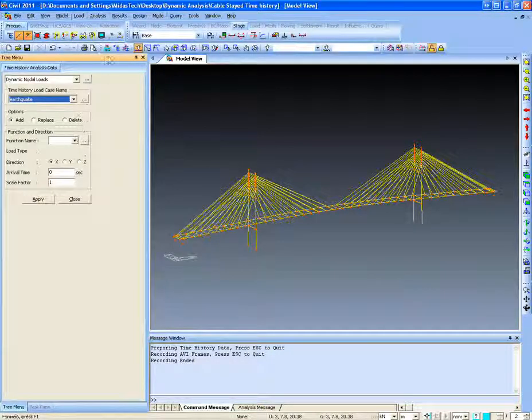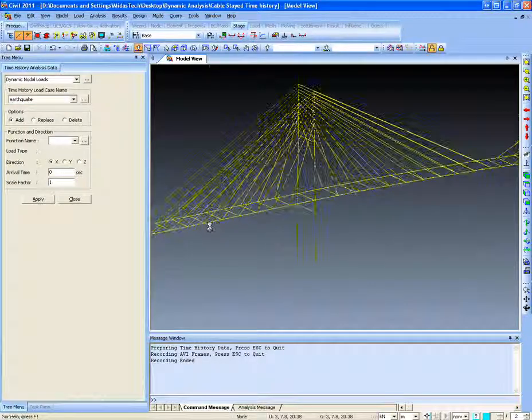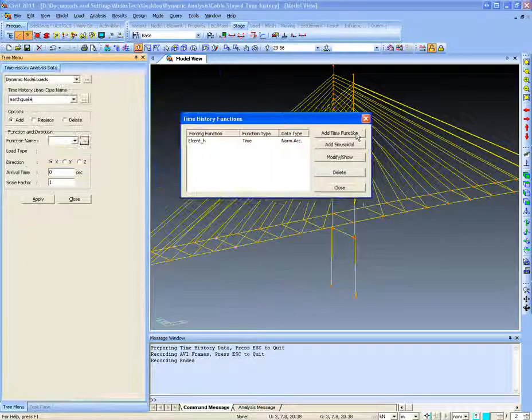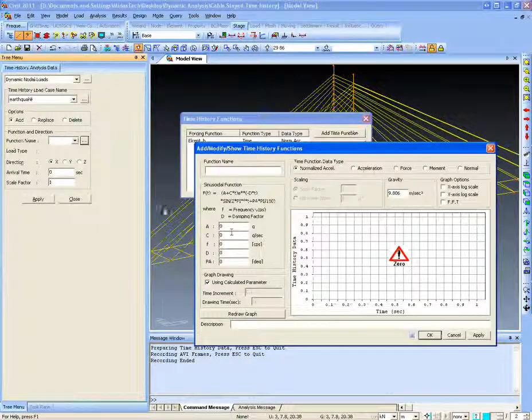So the dynamic nodal load, let's say I want to simulate the moving load analysis for time history analysis, then I can specify the vehicle load at the specific points, and I can add either a sinusoidal function where I can specify the values as how the force varies with time,